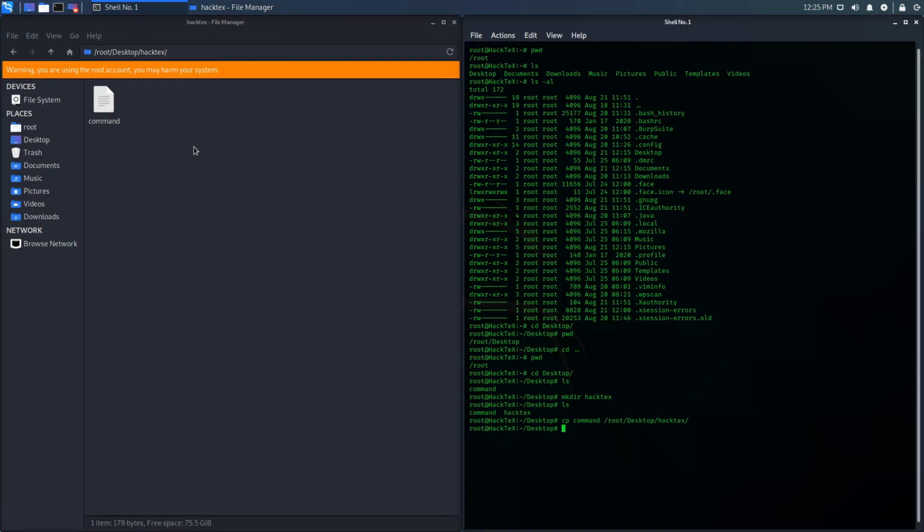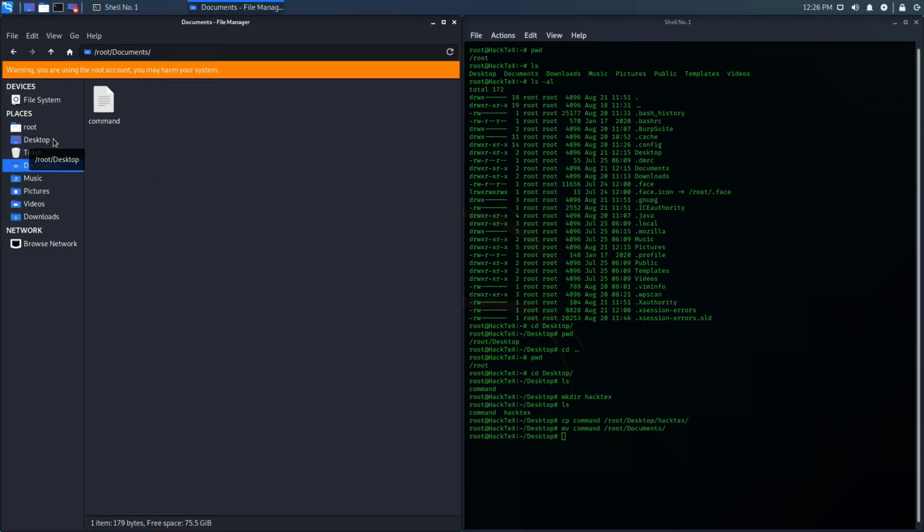Let's say you want to move this file into the Documents directory, or wherever you like. The command is mv, the source and the destination location, same as the copy command which I have shown you earlier. So this is the source file and our destination is the Documents directory. Sorry for that. Now press enter. As you can see, the file has been moved into the Documents directory.